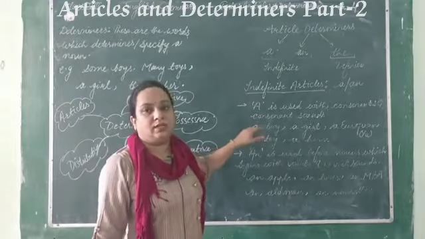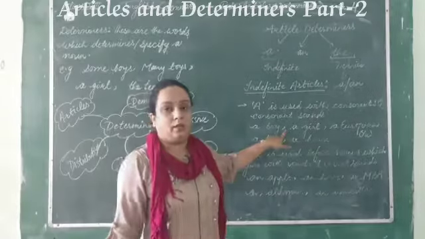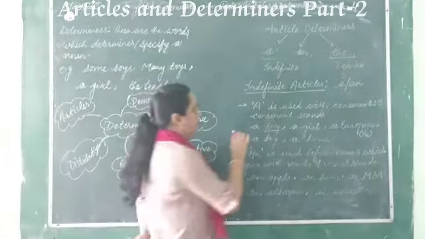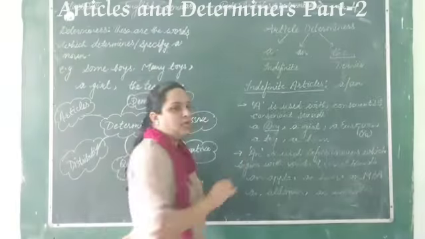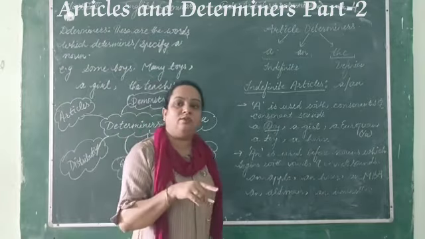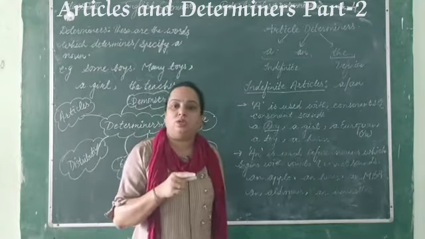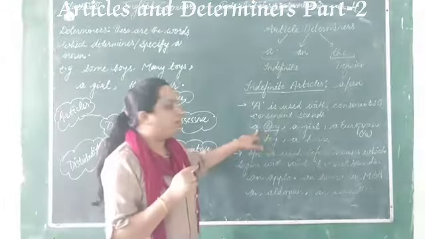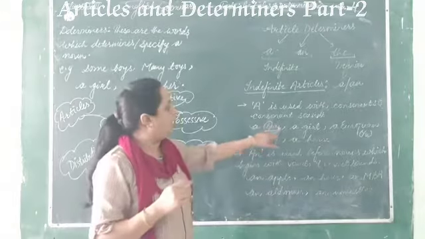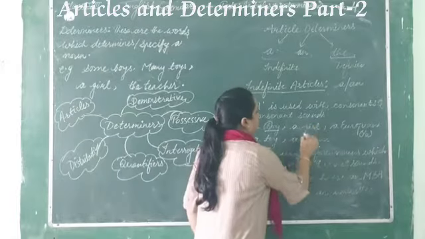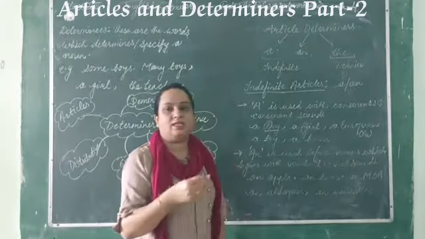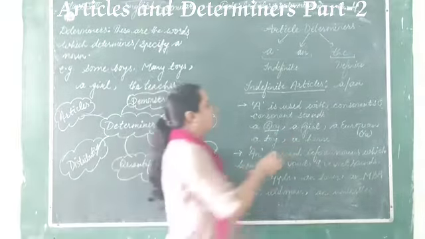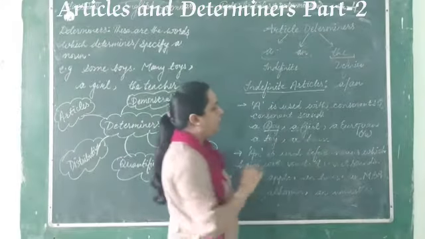Let's see the examples. A boy. Here boy is a noun and the first letter we have to check is B. B is which kind of alphabet? B is a consonant. So we are talking about a consonant here, that's why we use a. And a girl. Here girl starts with G. G is which kind of alphabet? That is a consonant. So before that we use a, right?